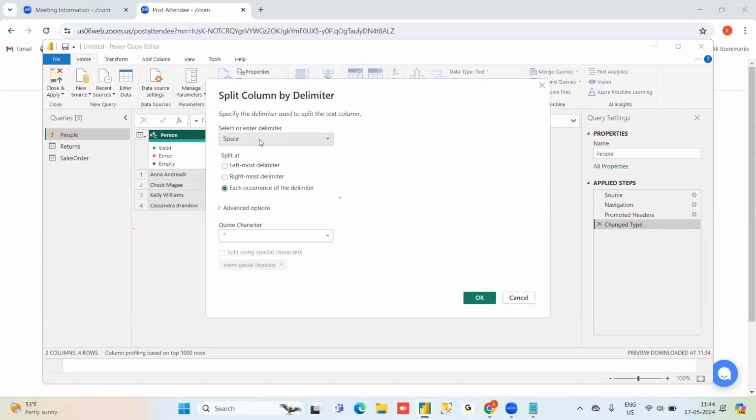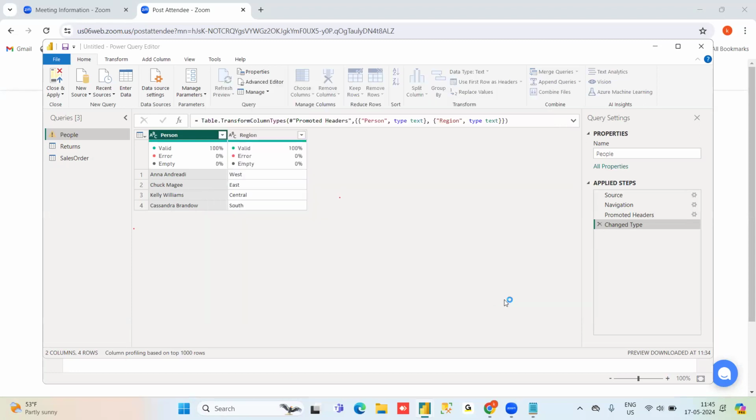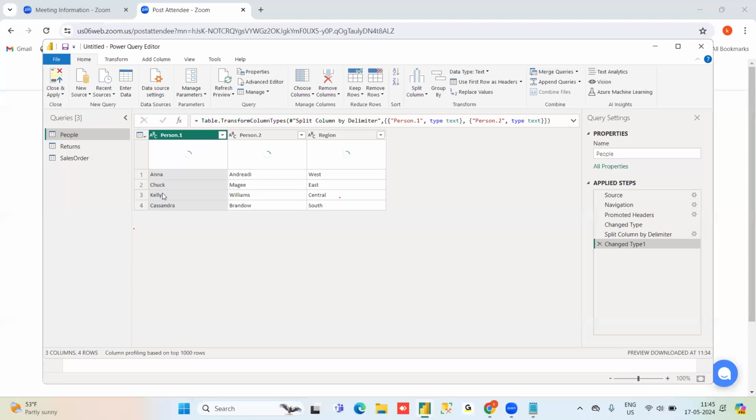I am taking a space as the delimiter, and I want to create a new column based on a space. I just click OK. What is going to happen? See. Based on a space, earlier it was only one column, but now it got split into 2 columns.